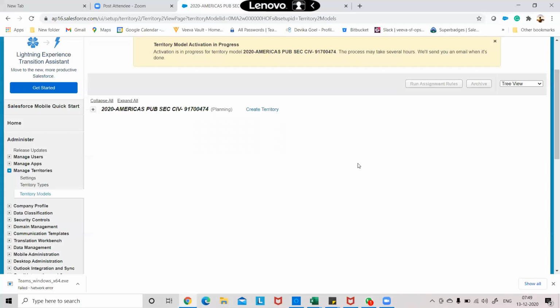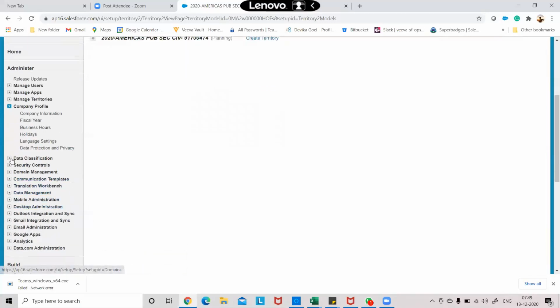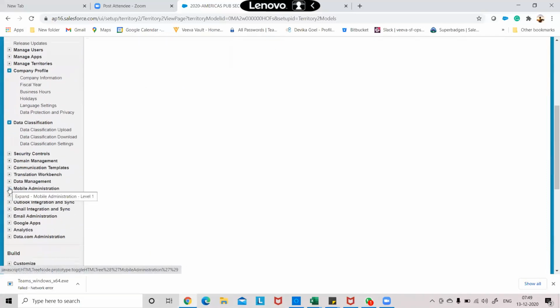Okay, so let's leave this. I'll give you the homework based upon this one, so you just do it. Let's complete the company profile information, then data classification. That will be covered under the data management security controls. Before I start security,